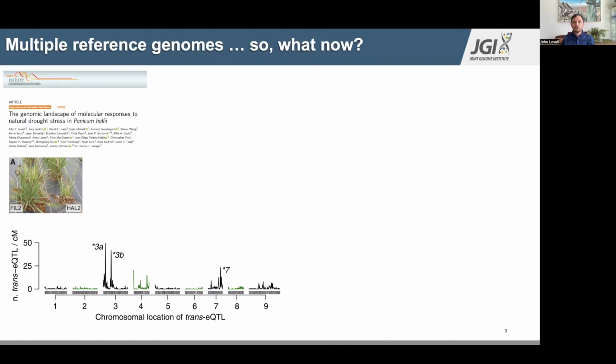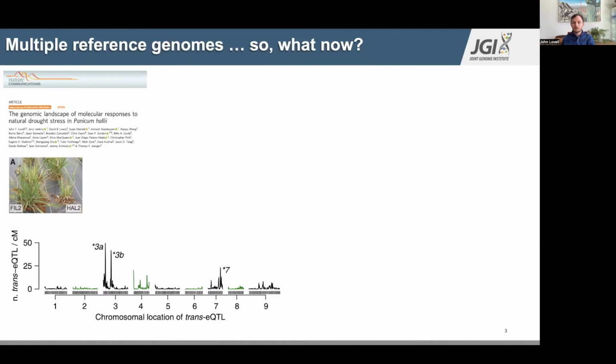the genome. You'll notice that there are several hotspots where a single locus affects the expression of hundreds of genes downstream. In particular, that one on the left of chromosome 3, labeled 3A, regulates the drought response of around 250 genes. We were really interested in what the causal variant was. We had initially mapped reads from one reference genome to the other and generated a SNP database. But this didn't really get at what we were looking for, which is a full understanding of the genetic variance